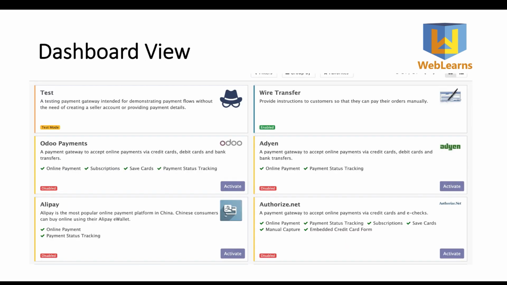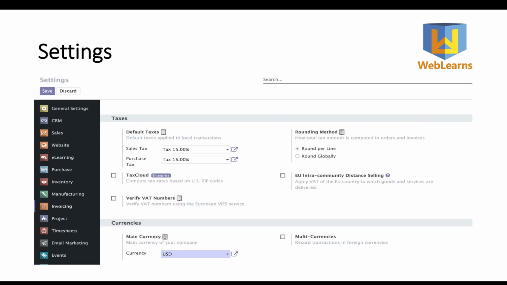Then you can see the dashboard view, and this is a screenshot of the payment acquirer. You can also see it on your side. We will see two different types of dashboards. One is static like this, and another is a dynamic dashboard using jQuery. The only difference is that one dashboard is created using XML, and the other using jQuery. The last one is the settings view, showing how you can create company-level or global configuration settings like in this screenshot. We will see all the real test cases and try to cover all the views.